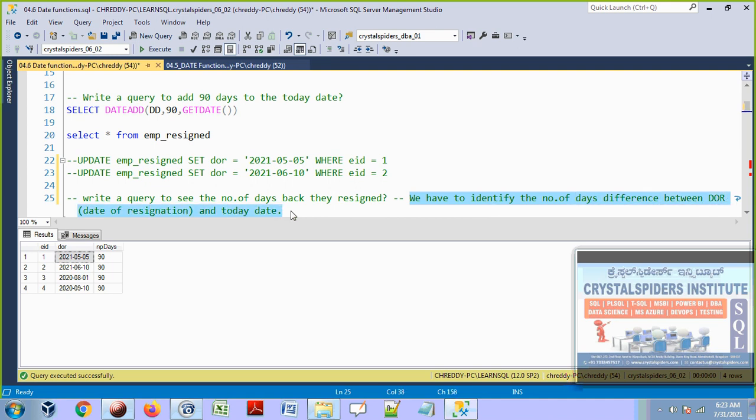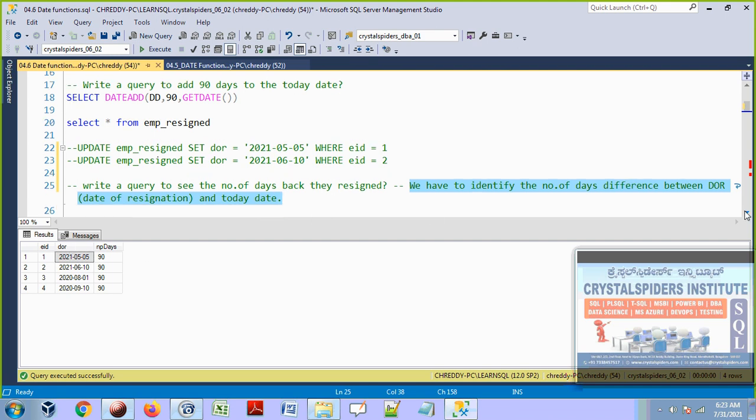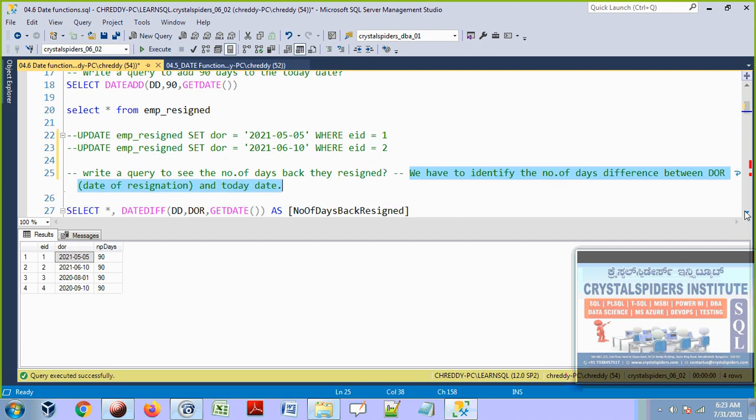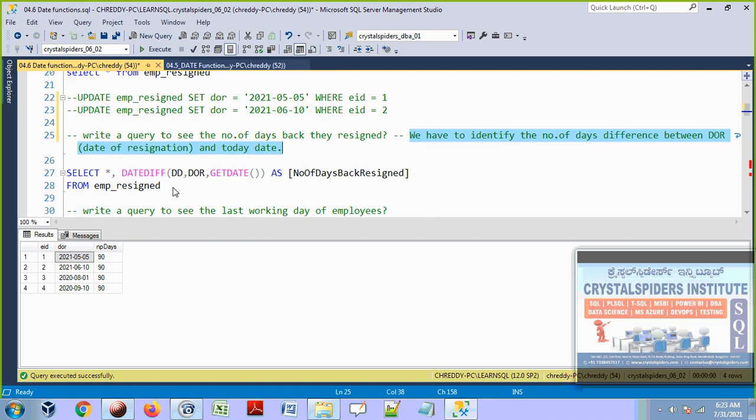DOR means date of resignation. How do we see that difference? Here I am going to read the data from the table, and define a datediff: the number of days between the date of resignation and getdate. The difference between two dates, how many days difference is there?